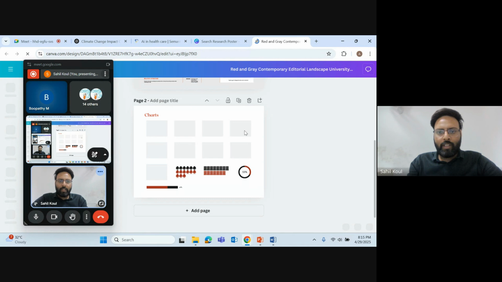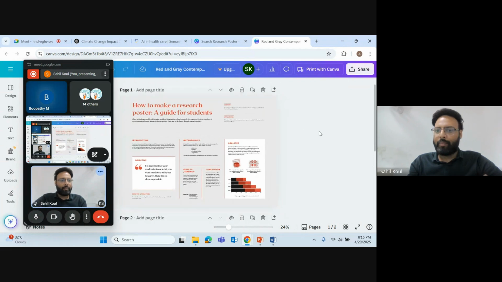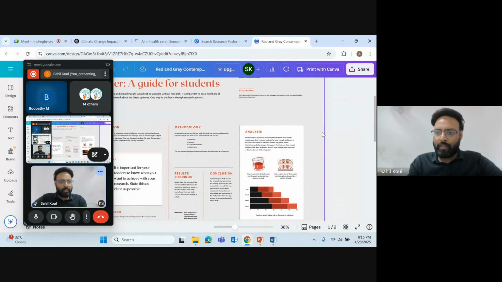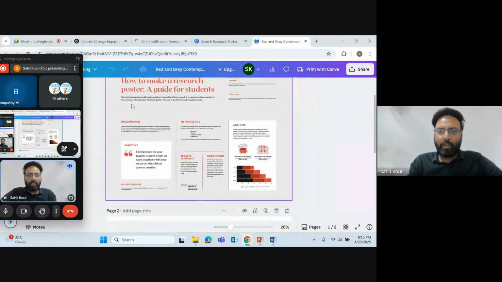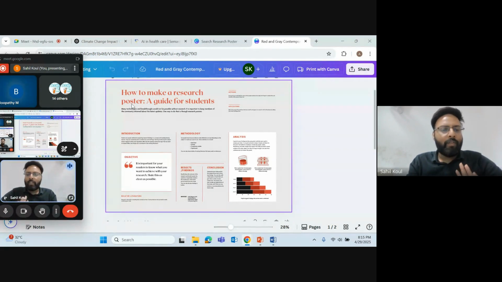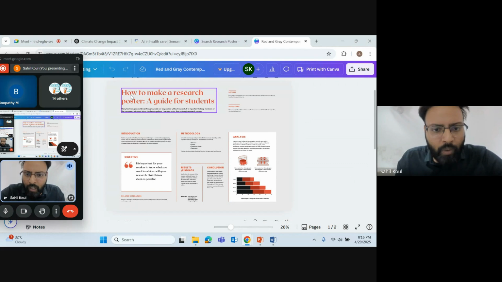Now I have my thing here, correct? This is my research poster. This is how it is going to look. All right. So first of all, choose wisely. Choose your research poster very wisely, wherein you don't have to make many toggles, just as it is, right?